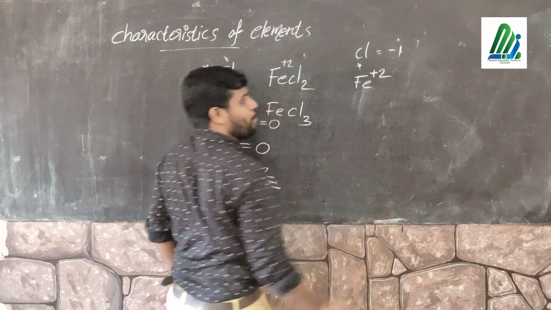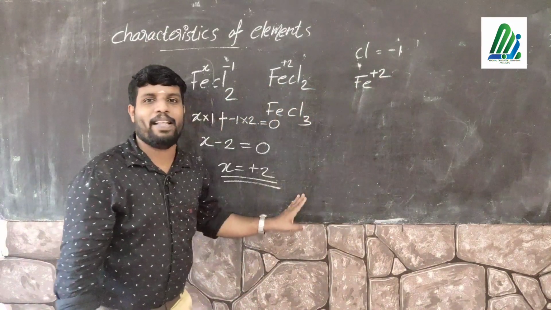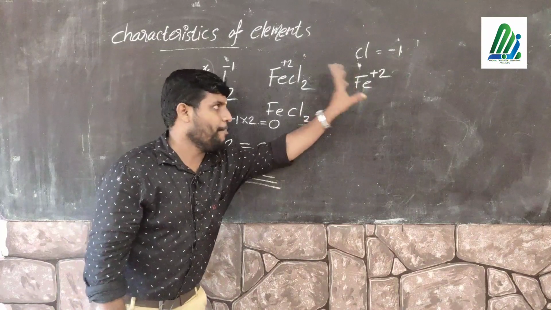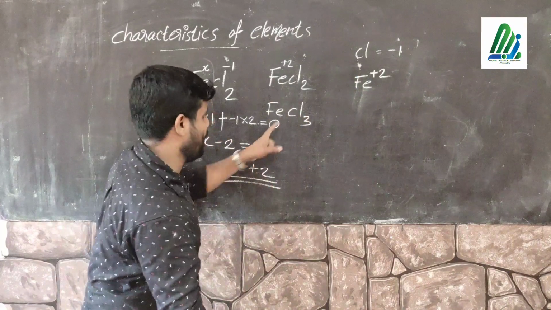Fe is a plus 2 ion. If you have a charge, we just call that an ion. So Fe plus 2 ions or Fe2+ ions. The second case, the second example,